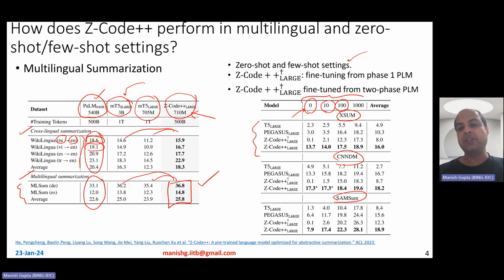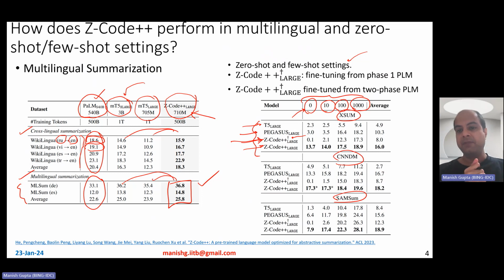So 0 means zero shot, and then 10, 100, 1,000 just mean different levels of few shot. Okay. So what can be observed, and then they compare with T5 large and Pegasus large. There is also a Zcode large variant that they compare with. This is the variant obtained using only the first stage of pre-training. Okay. So the one with the dagger is the variant where they do not do a summarization-based second stage